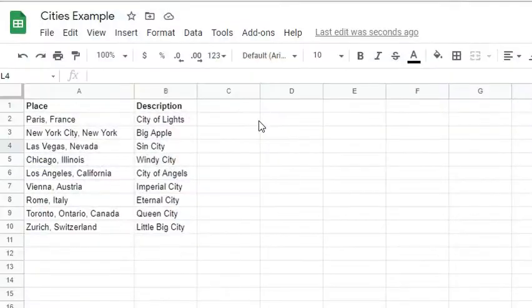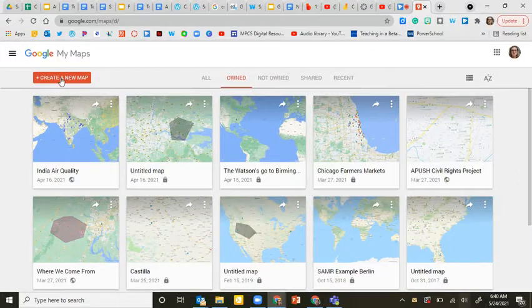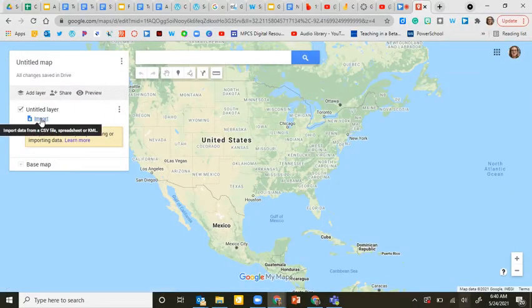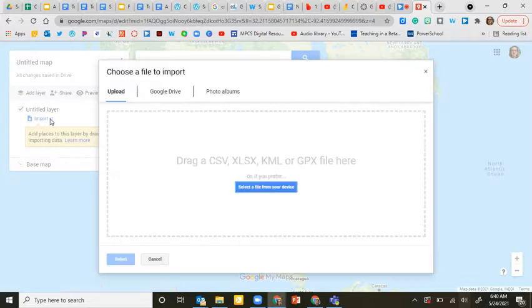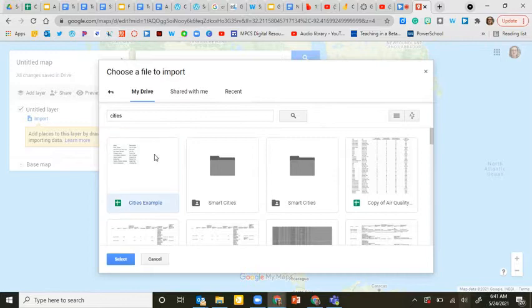If you don't believe how easy it is, here's my example. I created a spreadsheet with city names and states or countries in the first column and their famous nicknames in the second column. Next, create a new MyMap and click on Import. I kept my file in Google Drive, so I'll click on that and then on Recent to find it. Then click the